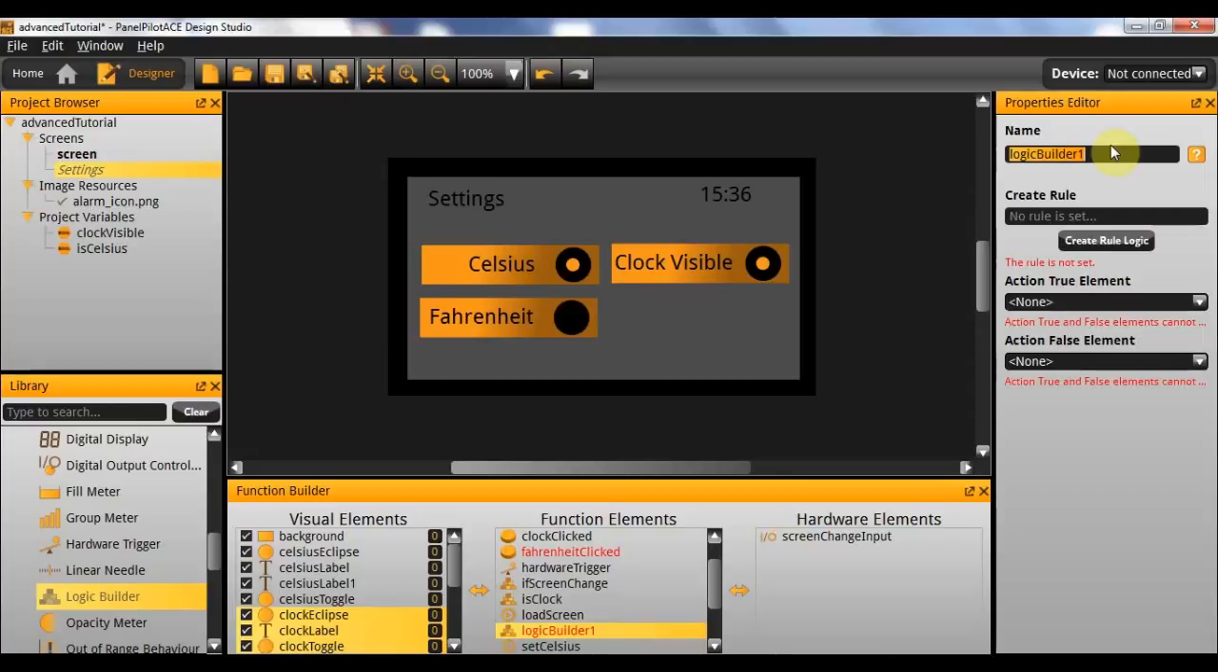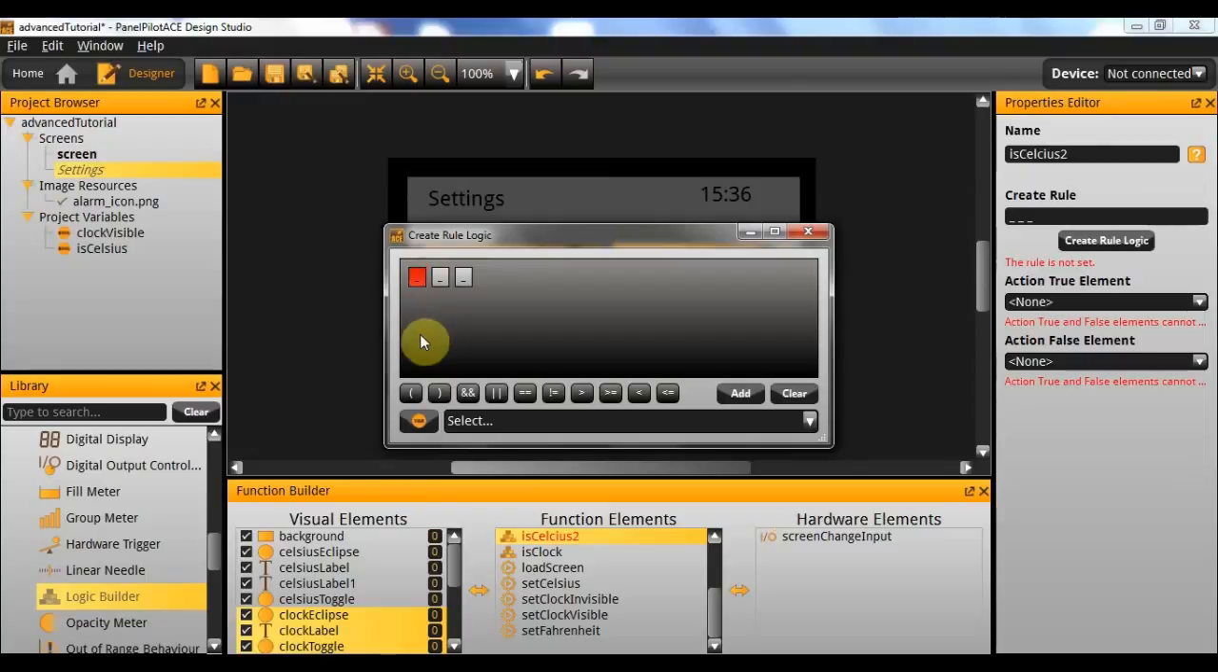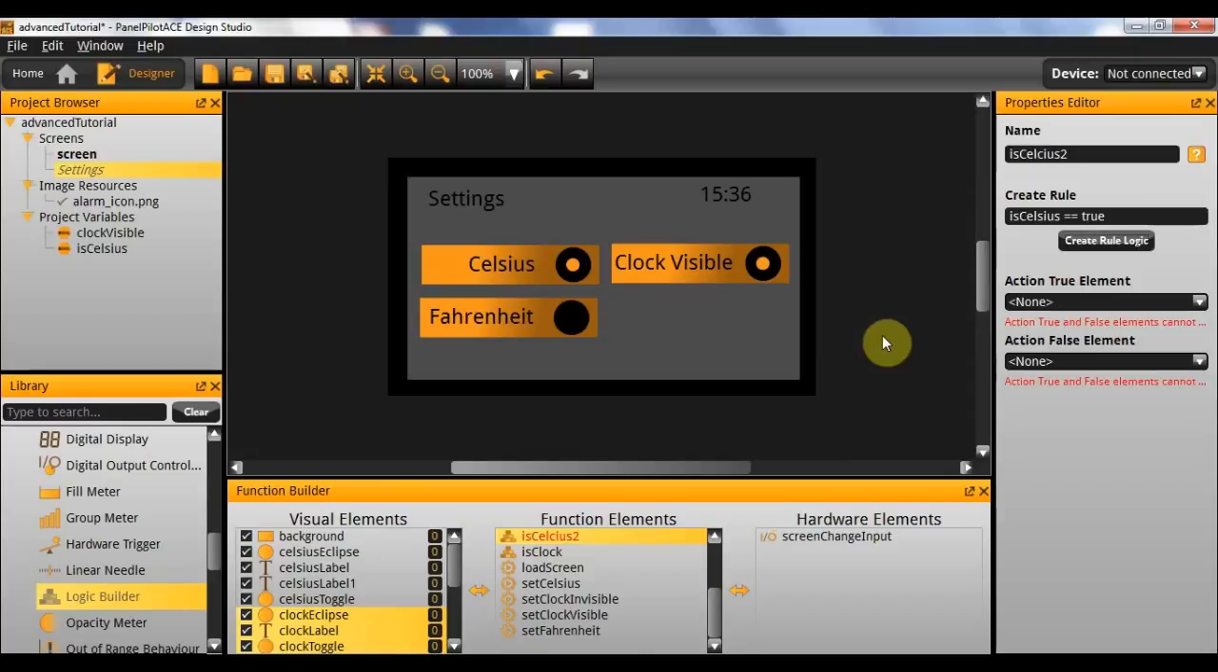Next up, we need to check is Celsius. Which apparently is taken, since it's our variable name. So I will rename it is Celsius 2. And for this rule, we simply need to check once again whether the is Celsius variable equals boolean true. So if this is the case,